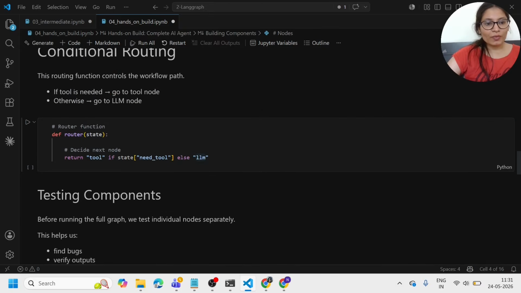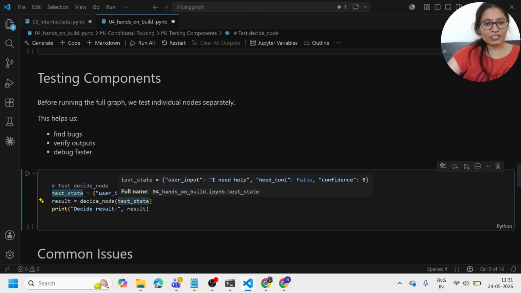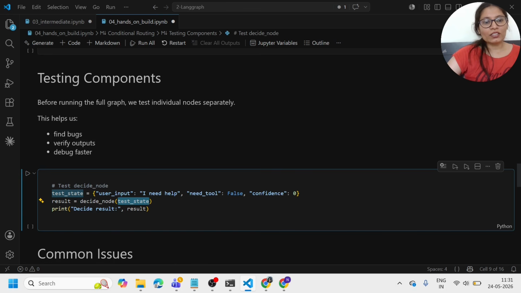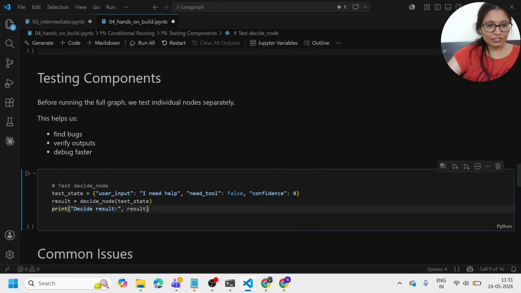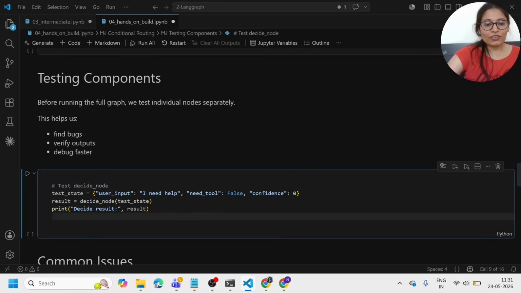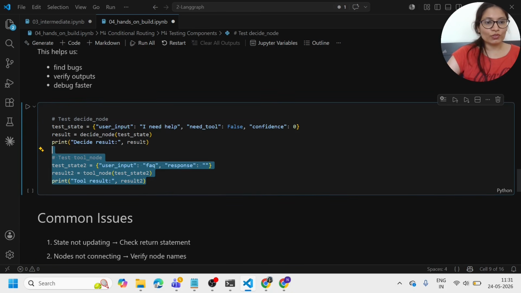ओके, सो मैंने यहाँ पर decide_node यूज किया. यहाँ पर मैंने test state पास किया. इन टेस्ट स्टेट आई यूज user input, I need help, and need_tool false and confidence equals to 0, and return the decide result. Okay, so this is our first test stage,